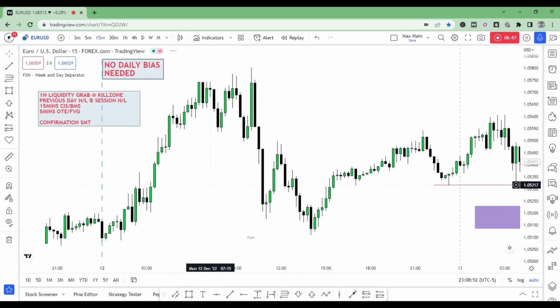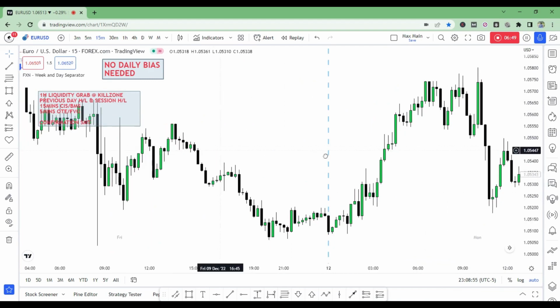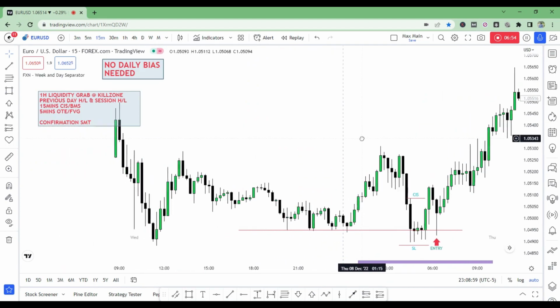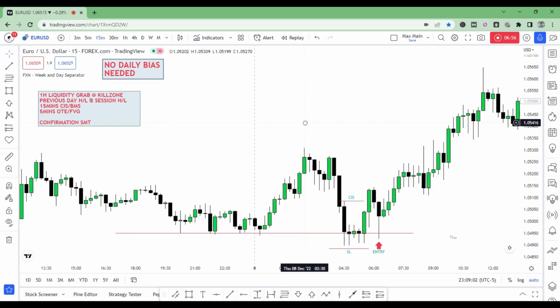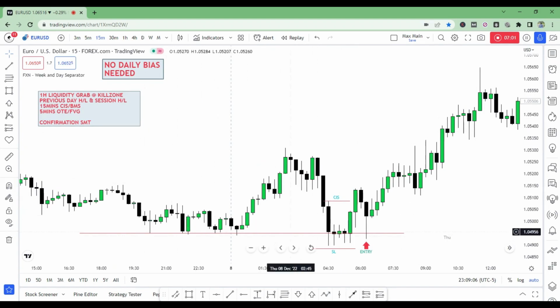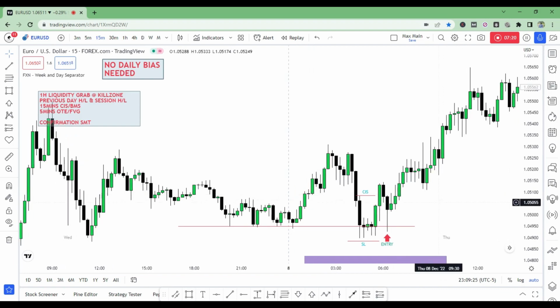If we go back to 8th of December, let's zoom in on this example. Guys, this is where the liquidity was grabbed, and it was during the London open session. So how do you confirm now that this market is likely to reverse? Once this liquidity is grabbed from the 1 hour or the 15 minutes during a kill zone, you want to be sure that you're within that session.